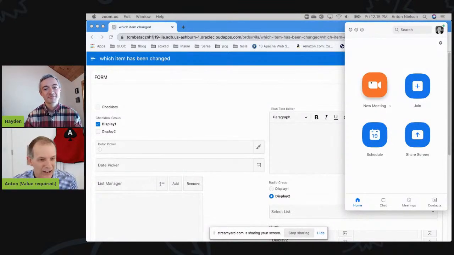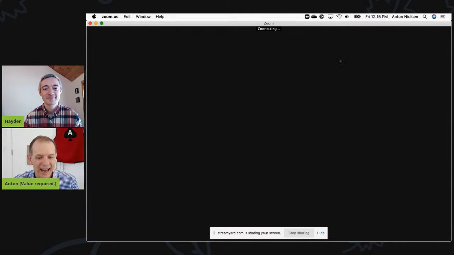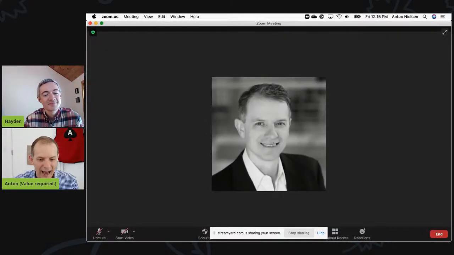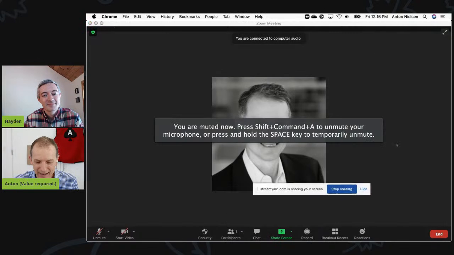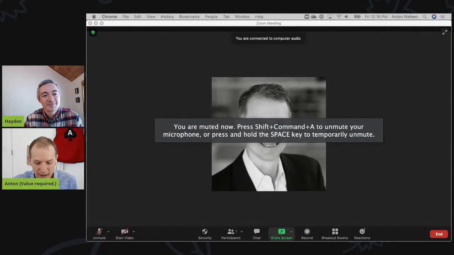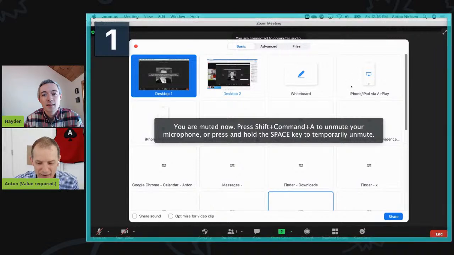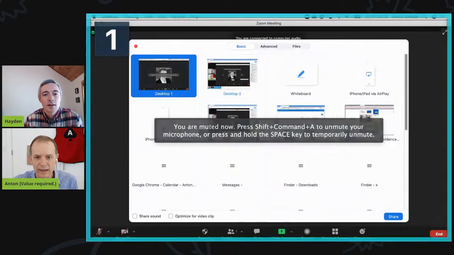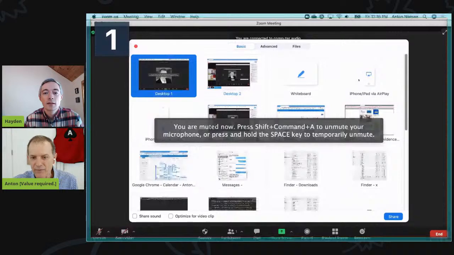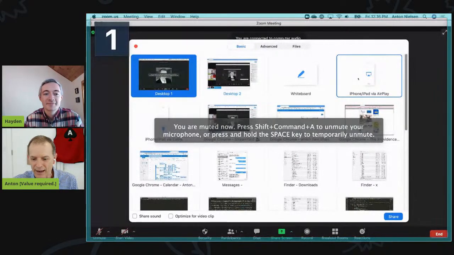I'm going to go ahead and start a Zoom meeting, and from my Zoom meeting, I'm going to share a screen, but I'm not going to share a screen. I'm going to share this right here, where I think you can see. It's at the top right. It says iPhone via iPad. Yep, we can see that right there. Okay, I'll click share on that.